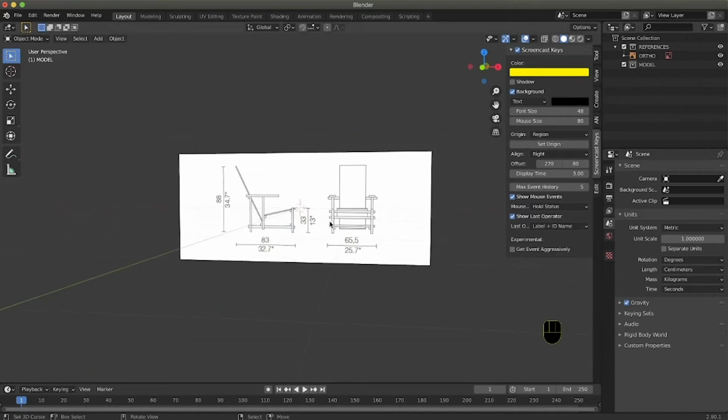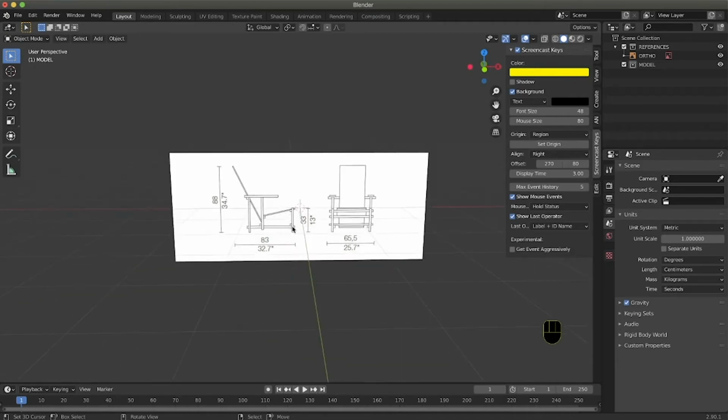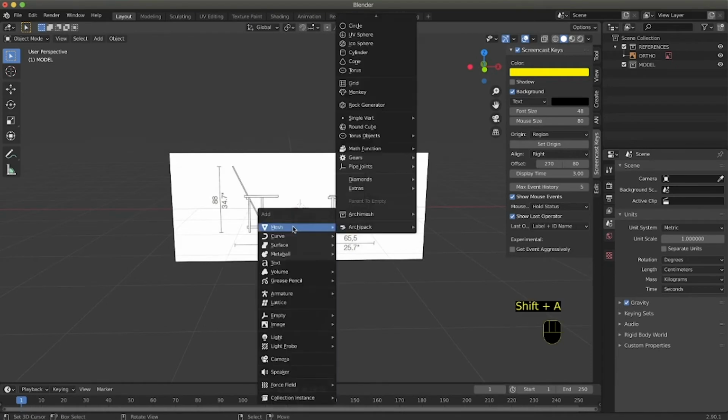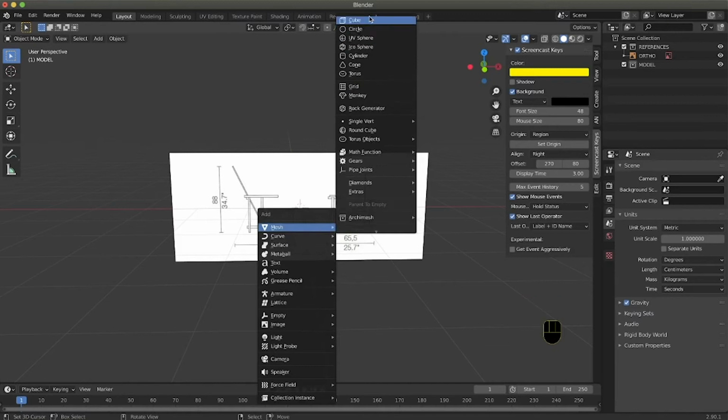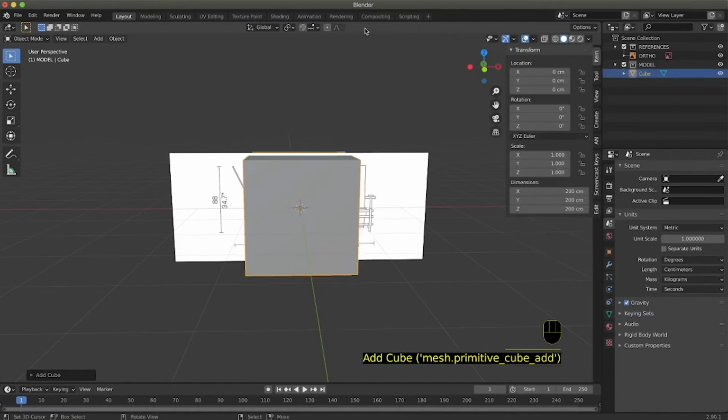You can use shapes to resize other shapes. In this case, seeing that we don't really have a definite size for this, because we have a small gap in here and under the bottom of the chair, what we are going to do is add a cube. So you press Shift A to open the add menu, and on the top of the add menu we press cube. This cube is 2 meters by 2 meters by 2 meters in size.